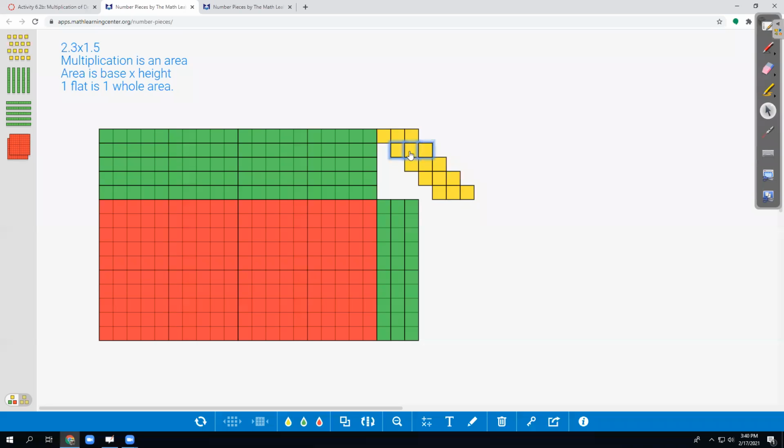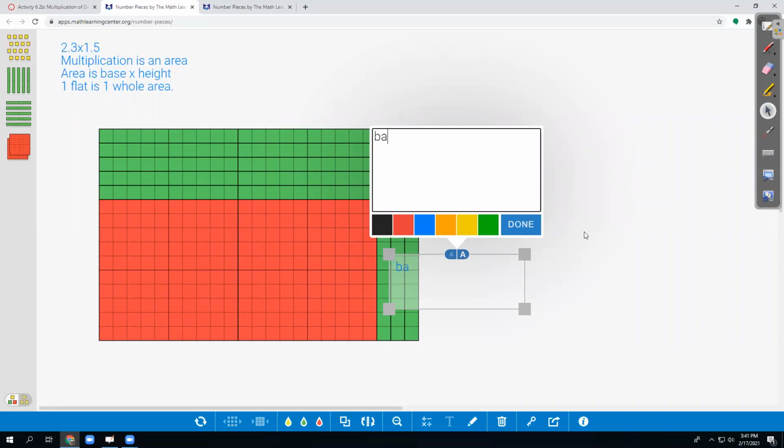So get your grid set up. So when you make this, it's got to make a rectangle. And the rectangle has to have the dimensions of the numbers you were given, because it's an area. Area is a rectangle. At least the easiest version of area is a rectangle. Next quarter, we'll look at more complicated areas than a rectangle. All right, so I just want to make a note here that I have my base,